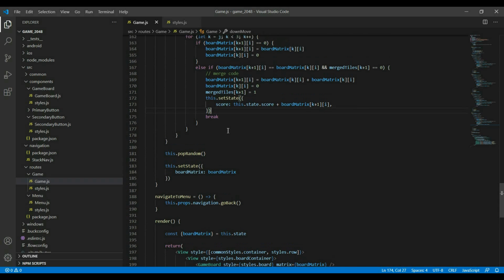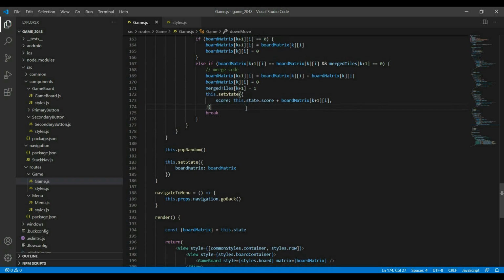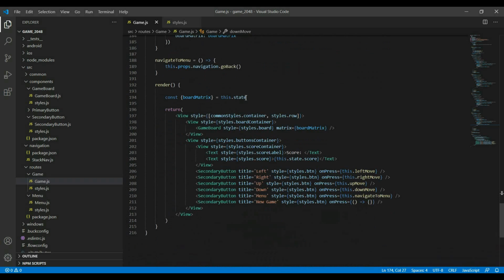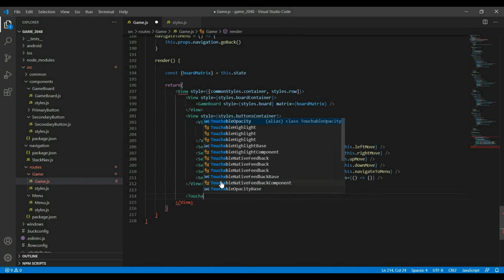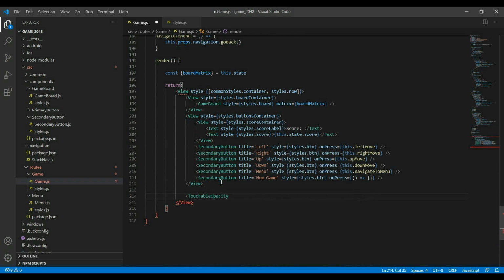So the lose condition is actually slightly complicated to set up. We'll have to set up a loop. What we'll do first is we'll focus on the win condition, and actually even simpler than that, let's just focus on how the UI will be. So what we'll do is we'll add a button here. So I'm going to add a touchable opacity with an on press. Let's just keep the on press empty for now, and what we'll do is we'll give it a style which is